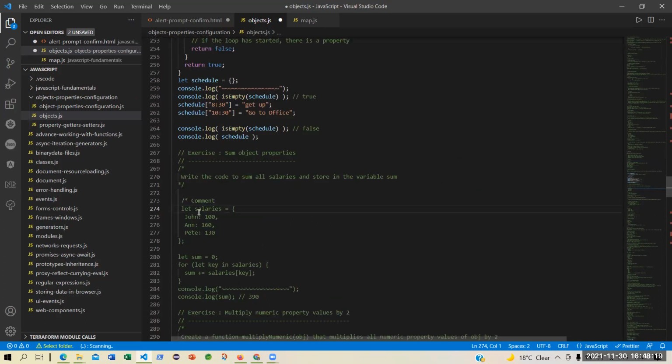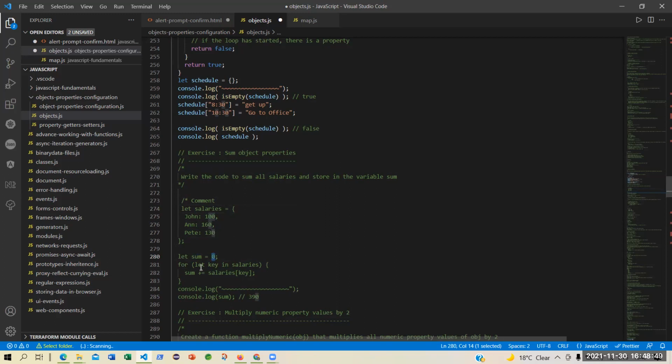So see, this is the solution of the exercise. That is, you are creating a salaries object with John having a salary of 100, just for an example, 160, and Pete is 130. You are closing the object. And thereafter, you are saying sum equal to 0. And then you are looping through it. Instead of saying salaries.John plus salaries.Ann plus salaries.Pete, you should not do that way.